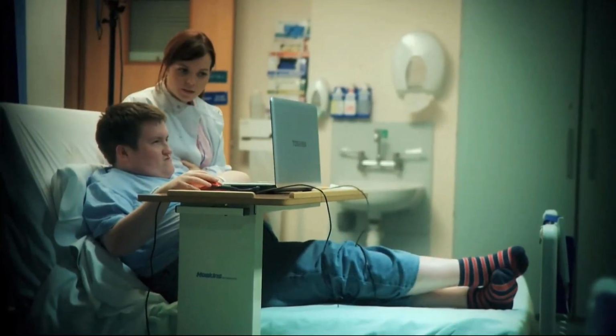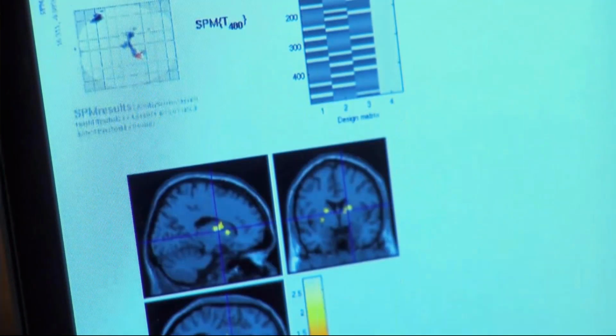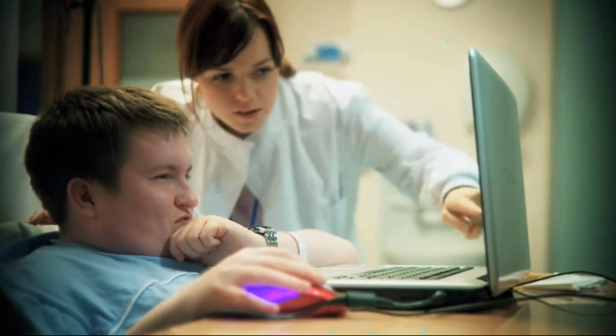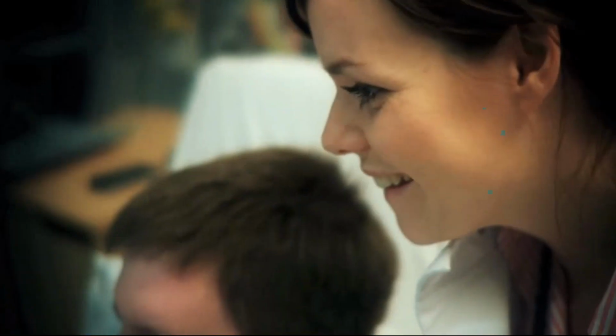The data really helps us pinpoint where the problem is. So now we have a target area and a target problem. The fullness signals aren't strong enough. We're hoping to overcome this with an implant that could artificially stimulate activity in that area. If we could do that, then we could release people from the need to have to think about food all the time and really help them lead more independent lives.